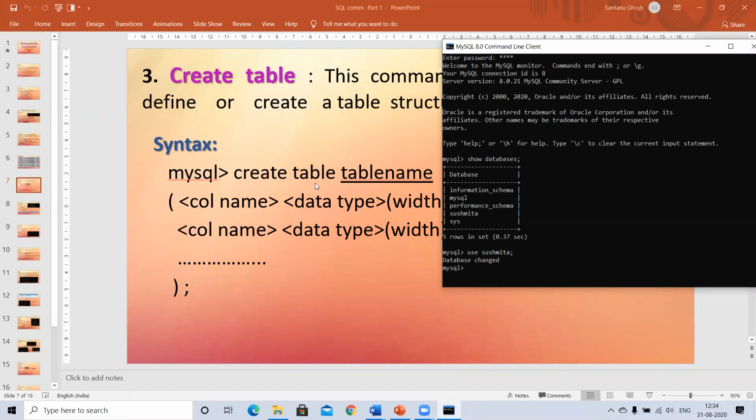Okay. So the format is simple. It starts by saying create table picnic. That's my first table name. Now, table name has those same rules which you have studied in Python also, and it's generally applicable for all your languages. That it should not be a keyword, it should not have a space, it should not start with a number.